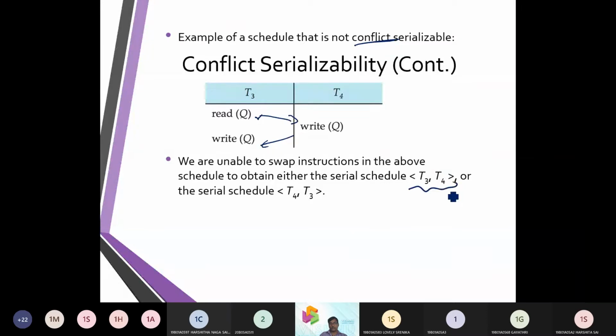So it can be T3 and T4, or it can be T4 and T3. So it is up to the database to fix the order. So we say it is a non-conflicting schedule.